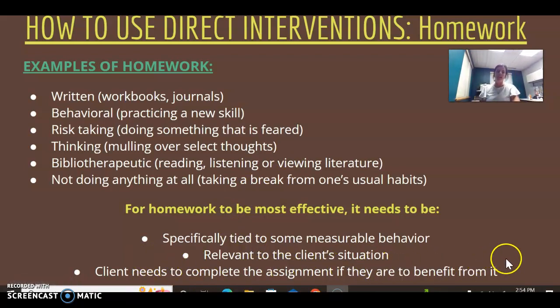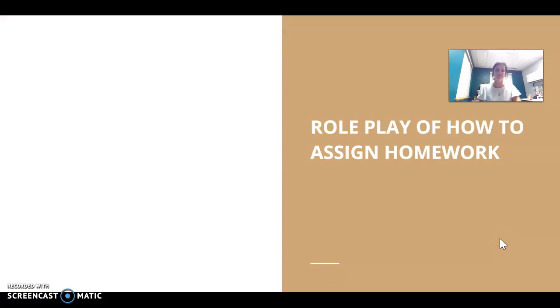And you really have to make sure that you're finding ways to keep your client accountable without shaming them, because they really need to complete the assignment if they are to benefit from it. Again, it's practicing the skills and generalizing them to the environment they stay in that is the way they're going to have them stick and have their neural pathways become adjusted to these new behaviors, from practice and repetition. It also helps them become comfortable practicing them as well.